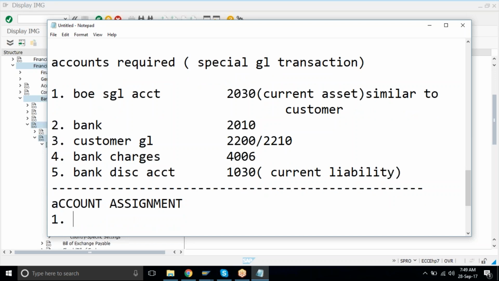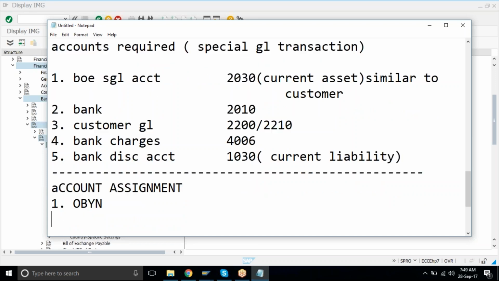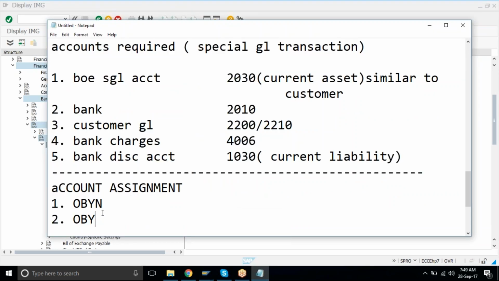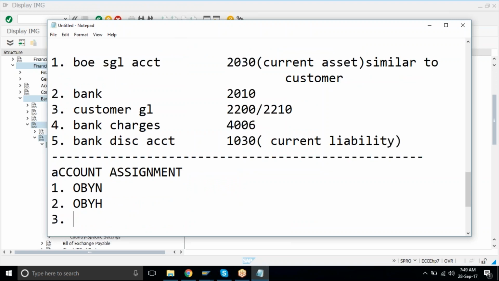First assignment that you have to do is OBYN. Second, OBYK or H. What was there? N and H, and then K. OBYH. And then the third step is OBYK, sorry.